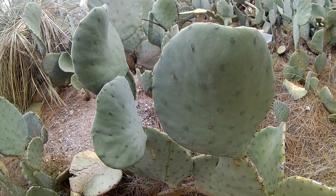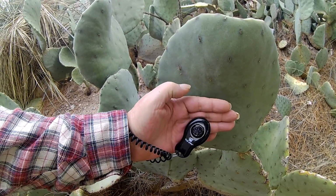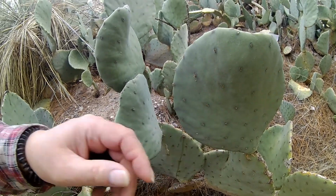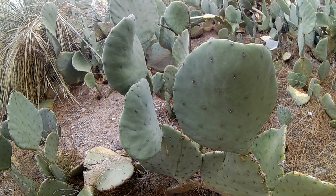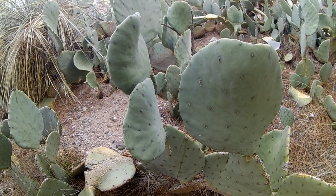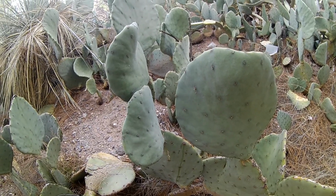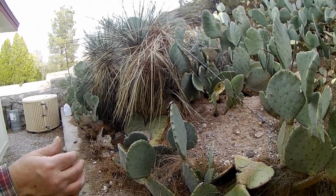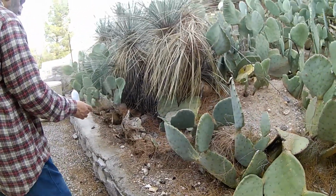But you know what? The leaves on this thing are huge. My hand's close to it, I'm not going to touch it, but it's close just to give you an idea of size. Big, big leaves on these cactus, sort of like a big round wagon wheel. Yeah, wheel cactus. Anyhow, we have to keep these trimmed back because they have a tendency,